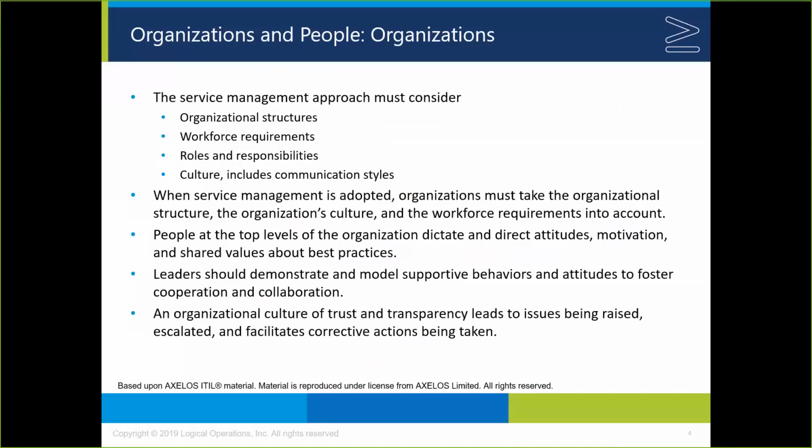Then we're going to go through each of them one at a time. The first one is organizations and people. You might refer back to the definition of organization that we introduced in the previous section. We want to think about things like roles and responsibilities, and culture. What is the culture around knowledge sharing? What is the culture around transparency? And how does that either help us or not help us in collaborating and providing different services to customers?